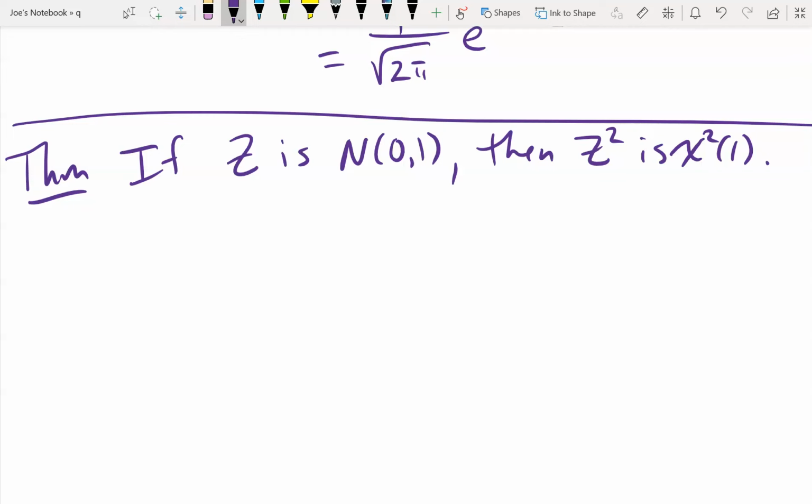So the variance is just the expected value of the variable squared, right? So when I'm looking at the expected value of the variable squared, I'm looking at the distribution of the variance. That's what this is talking about. This really is a discussion about the distribution of the variance if you're doing a random process. So this is why we care about chi-squared. So let's talk about why this is true.